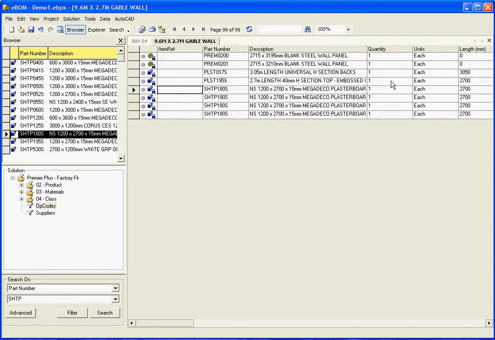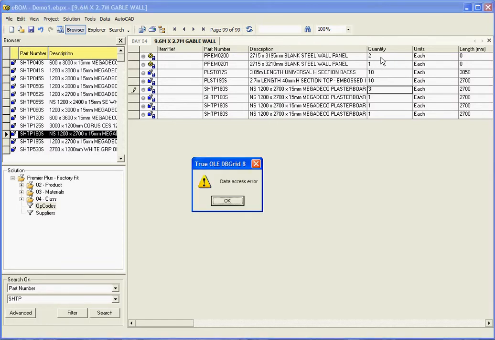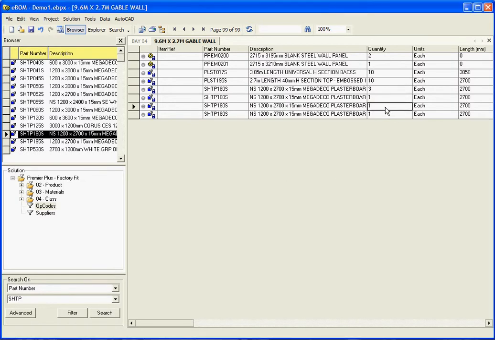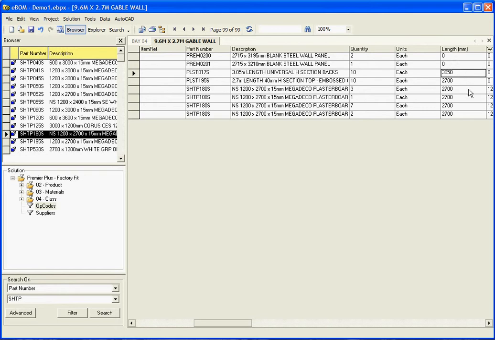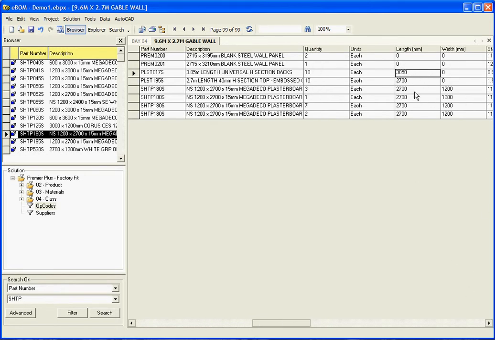Okay, then we'll set the quantities. We need 2 of those. One of those is right. 10, 10, 3. Bit too quick for the grid. 7 and 2. Now, dimensions. Okay, my first 2 components, they're components, so they don't have a length or width